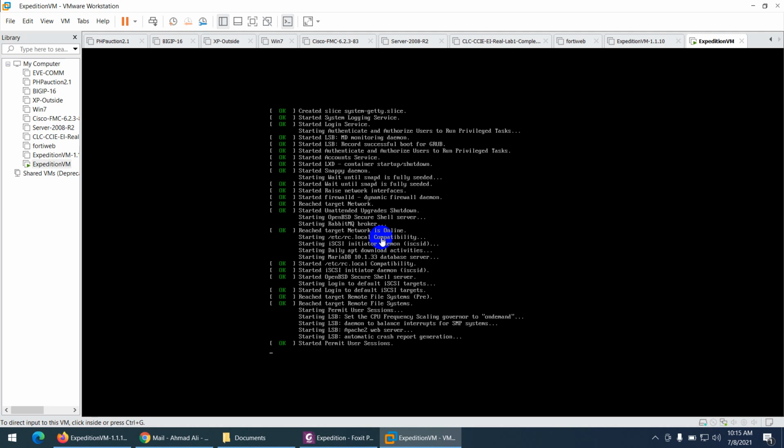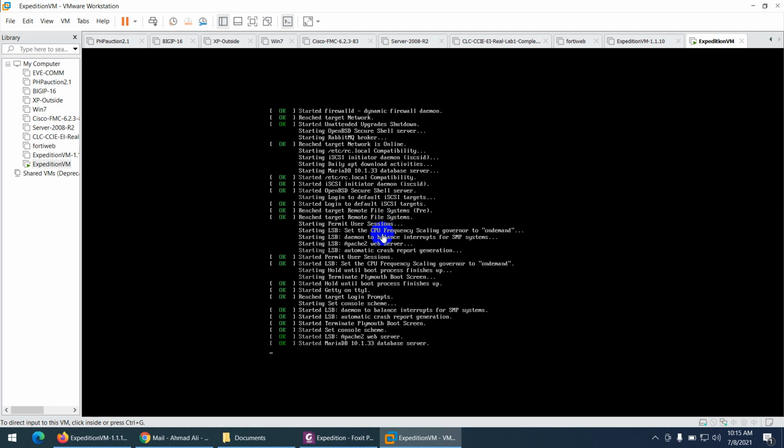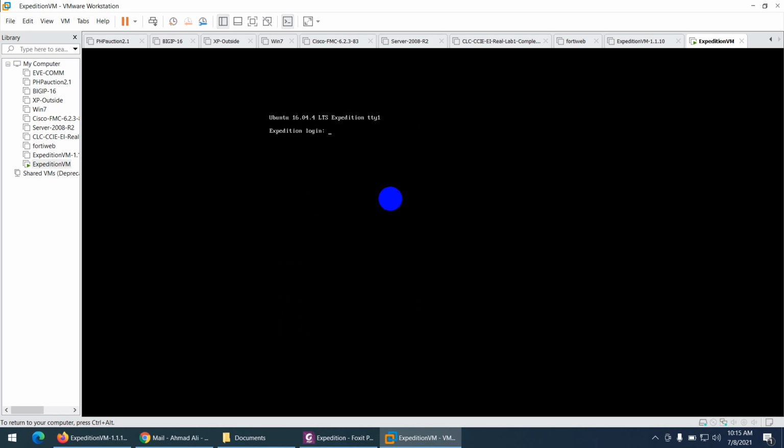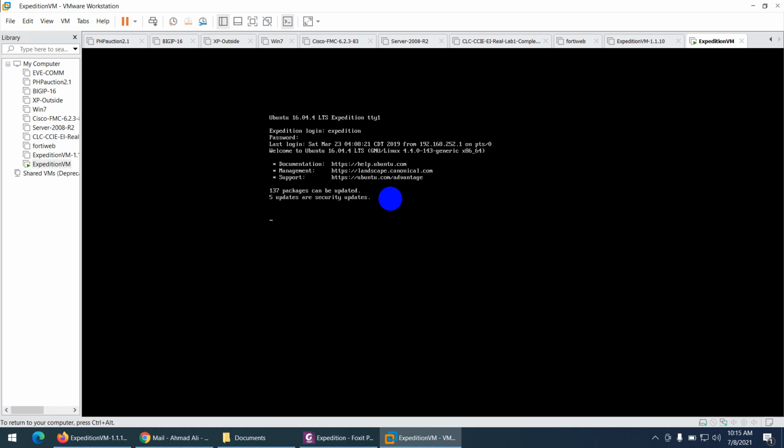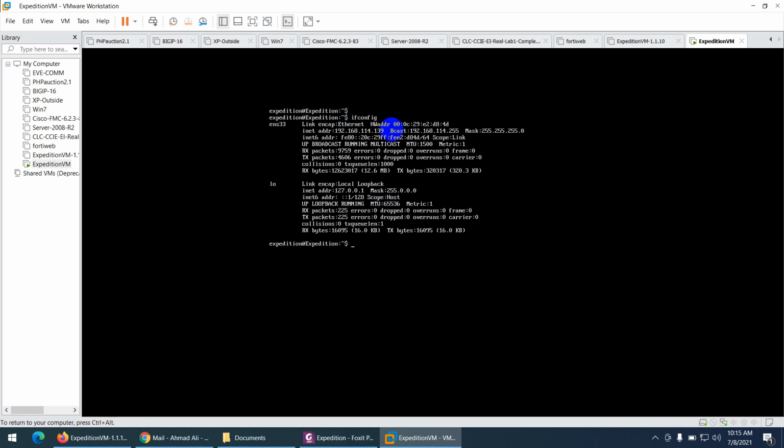Okay, it's going to start. Now the username is expedition and the password is paloalto. Now I'm logged in. Control L to clear the screen, and type ifconfig. It got IP 192.168.114.139 from the same range automatically, as I told you.